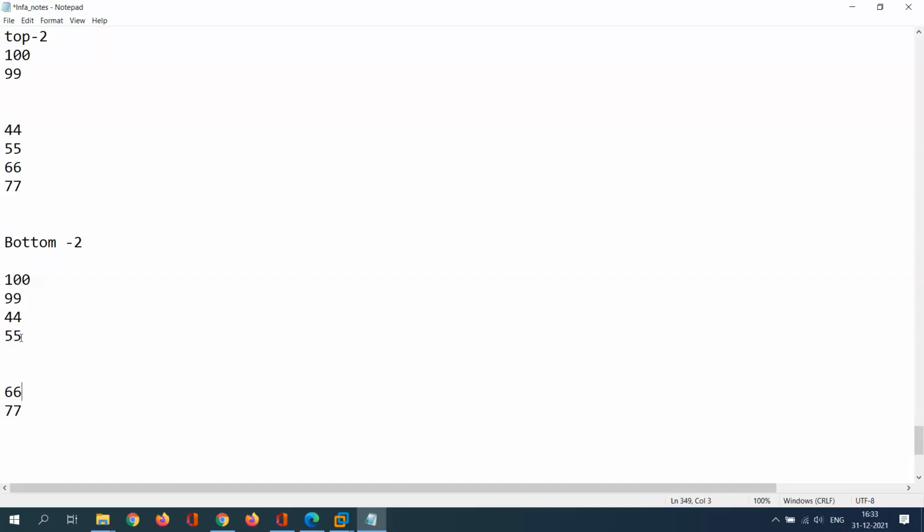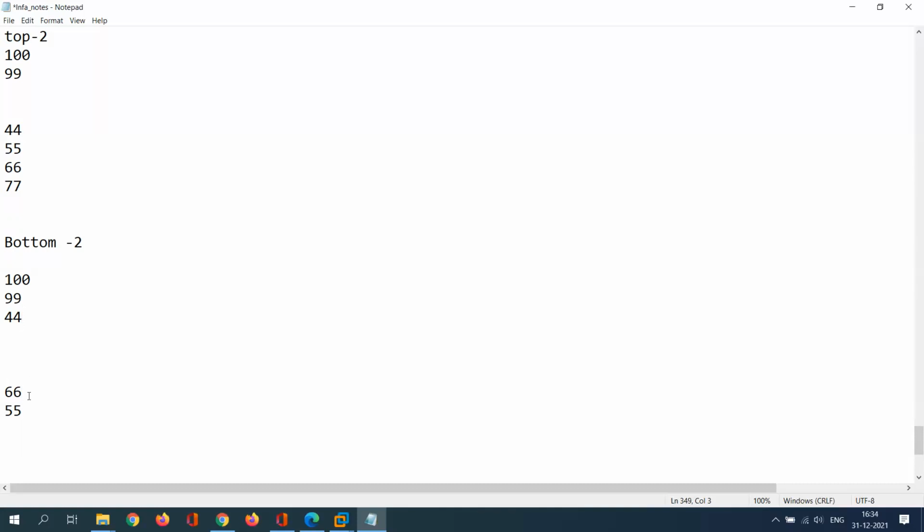55 compared with 66 and 77. I'm going to discard 77, since compared with 55 and 66, 77 is the greater value, right? I am going to discard it and I will take 55. Here 55 comes under this holding, right? Then what is the next value? 44.